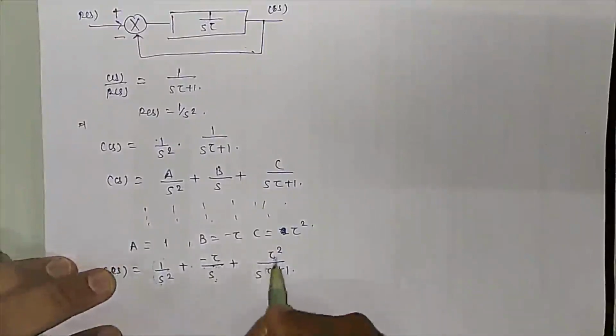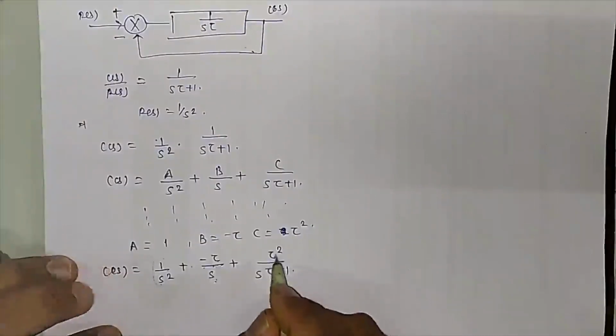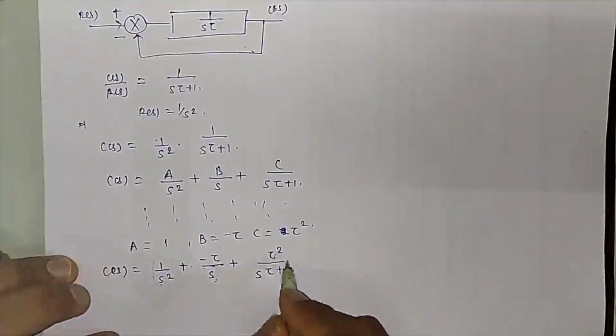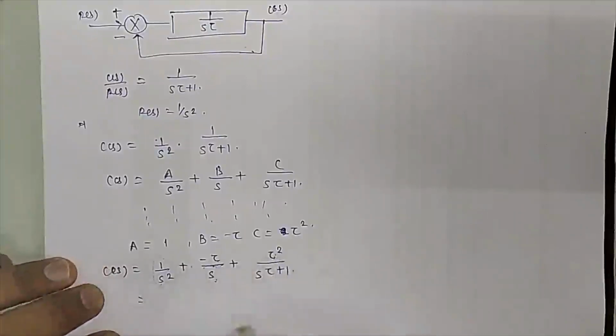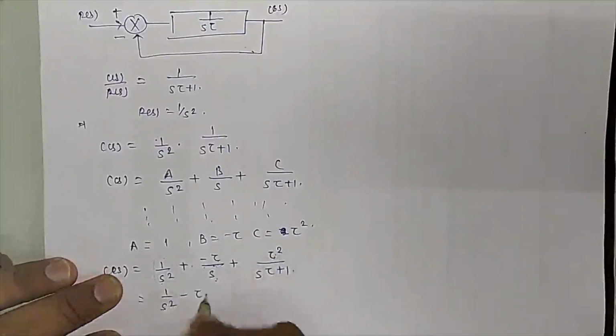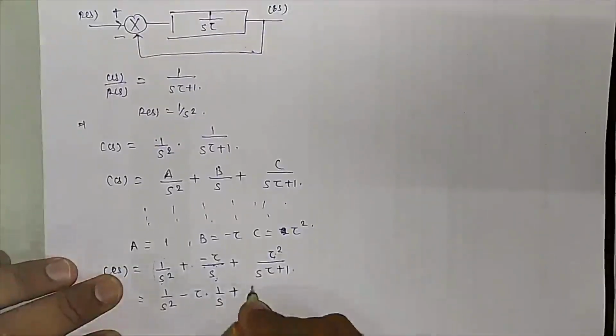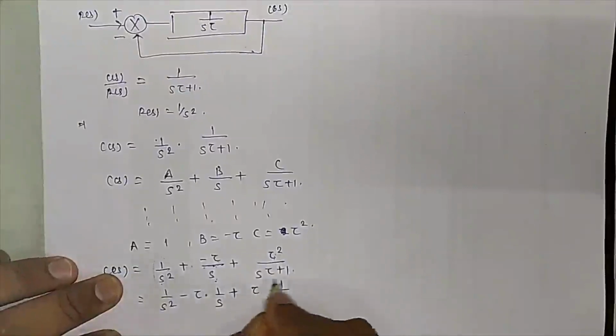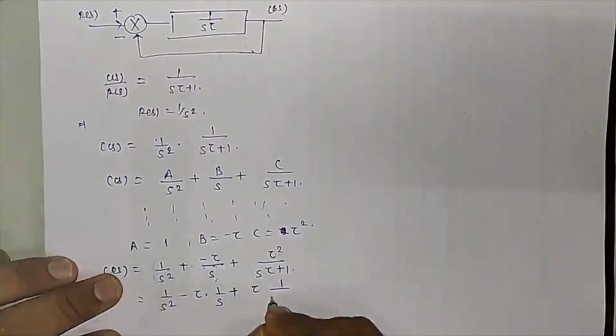Okay, over here you will be having another term. It should be like s plus a something. So whatever I will do, I will divide it by tau. So I am writing it over here again. So minus tau upon 1 upon s plus 1 upon tau, I am taking as it is. Okay, then dividing the tau over here. So it will be s plus 1 upon tau. So this will be s plus a.